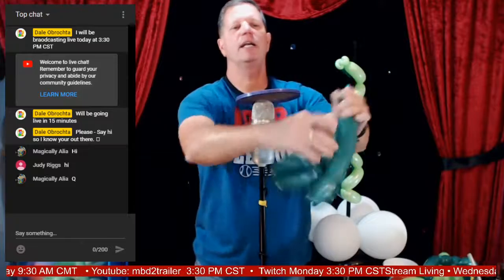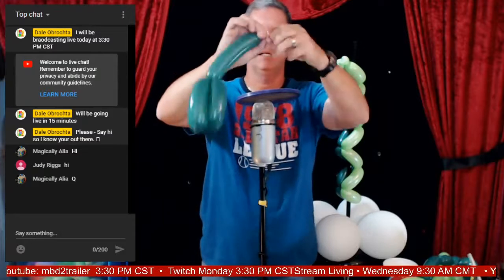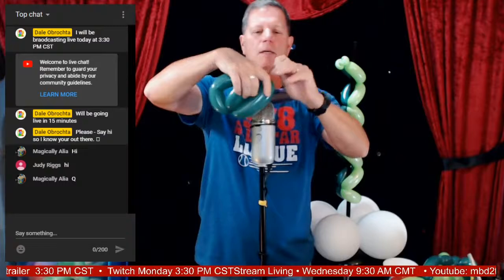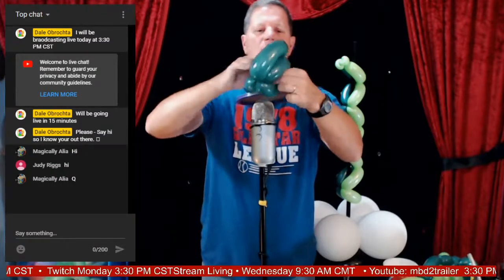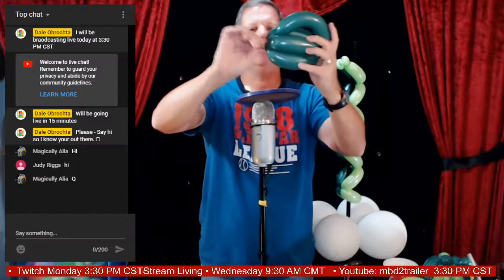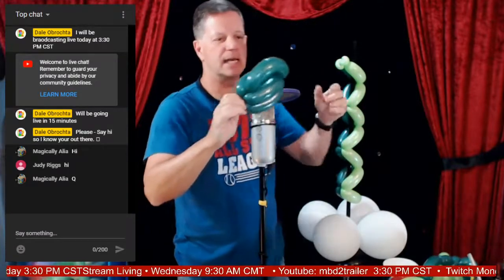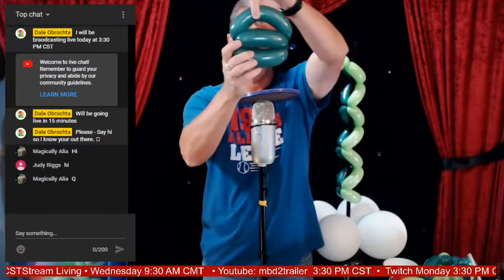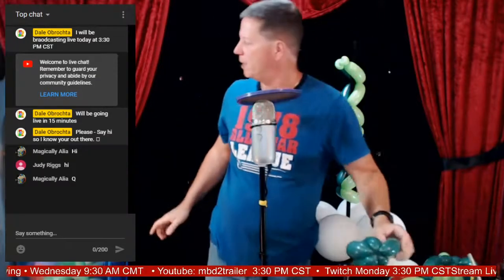I could cheat right here. Watch this, folks. Bang! Now it gives me just enough to tie off. I'm going to take this end, bring it into the center, wrap it around, and I'm going to keep that little piece just there, because that's what we're going to use to tie into this neck area. So now I have a place to put my snake eyes, and I'm going to wrap a balloon right around here. So I'm going to take my green balloon